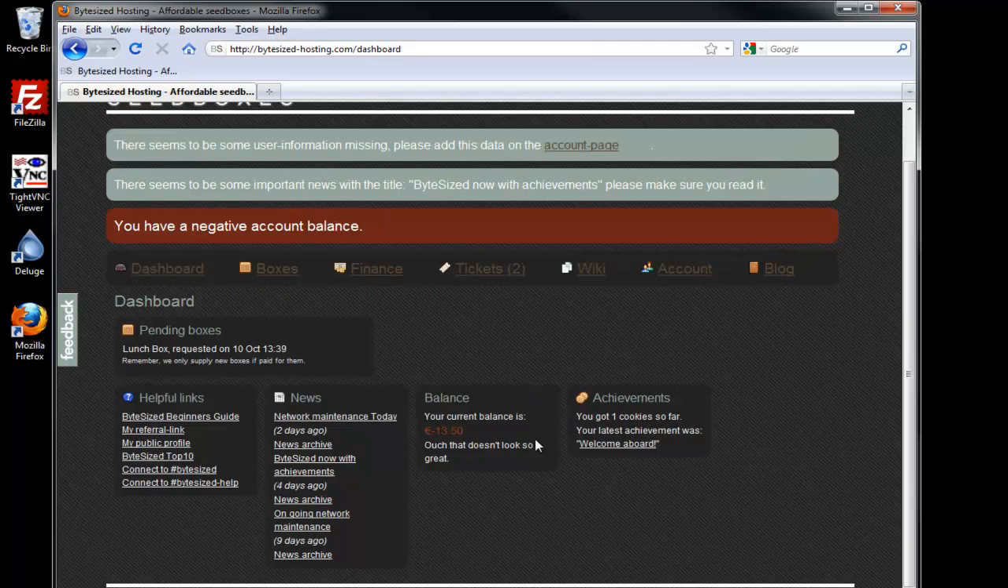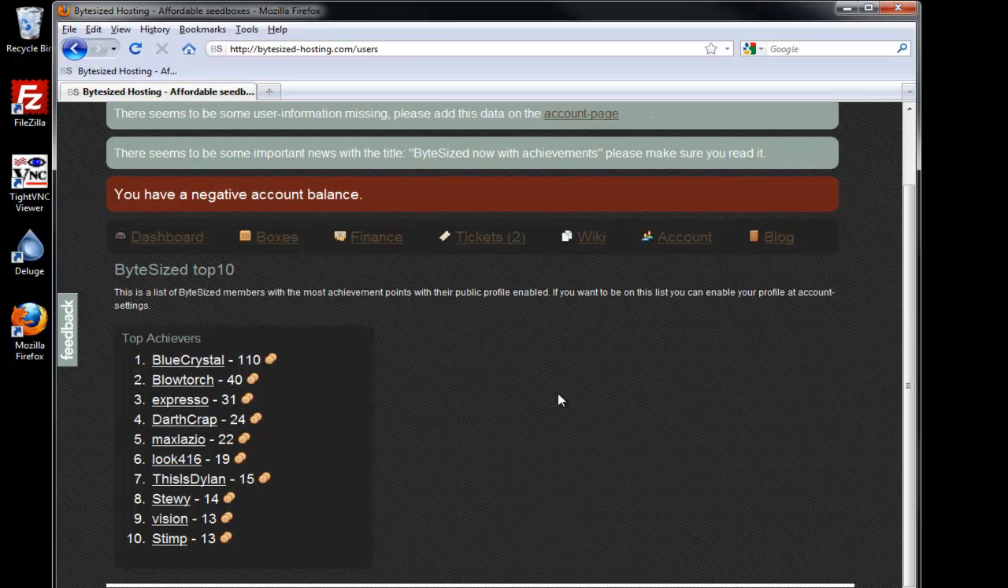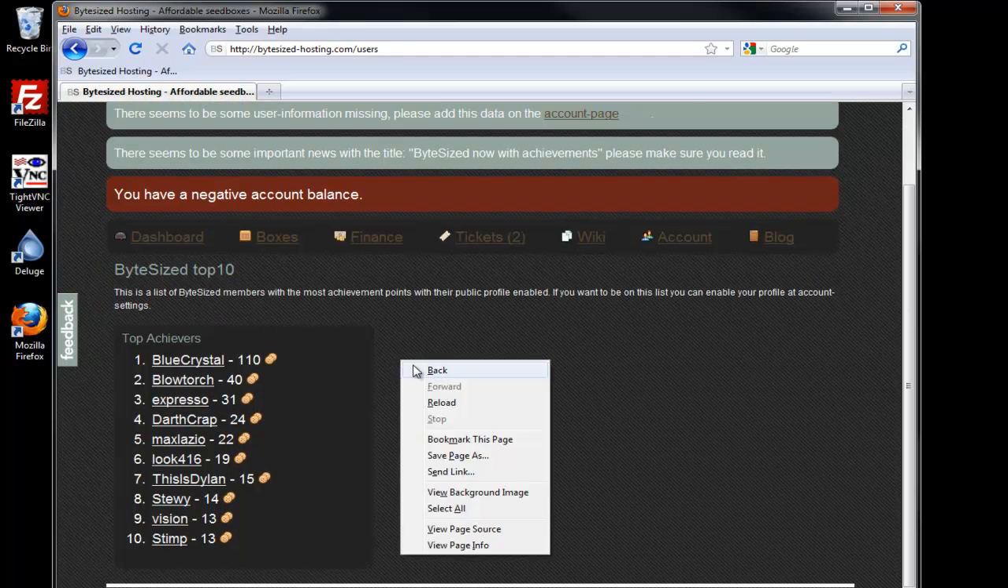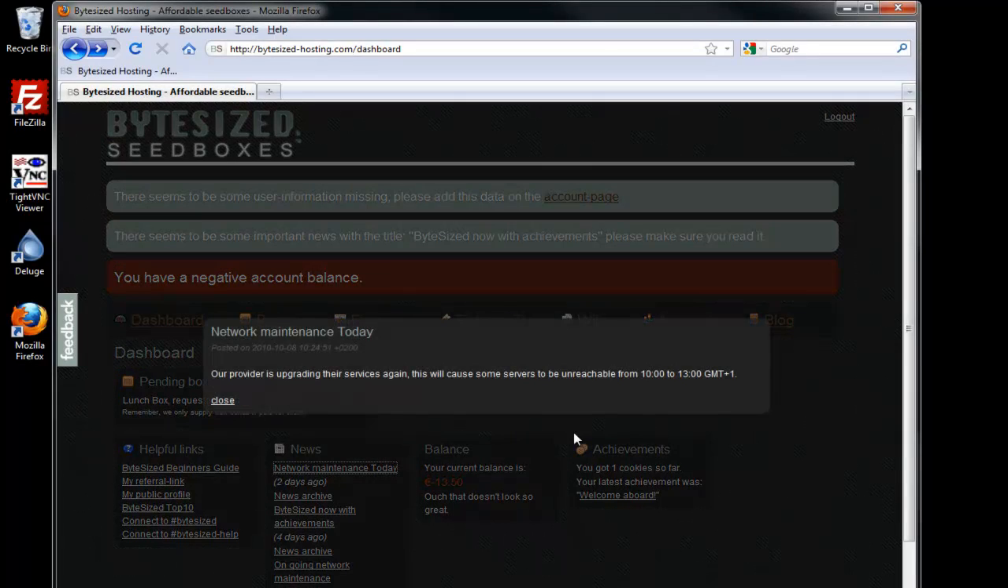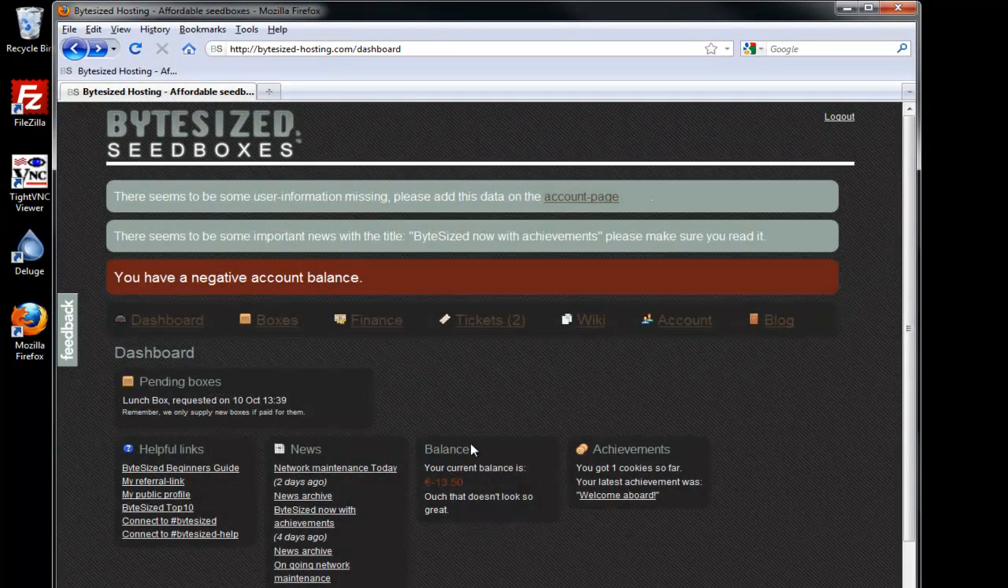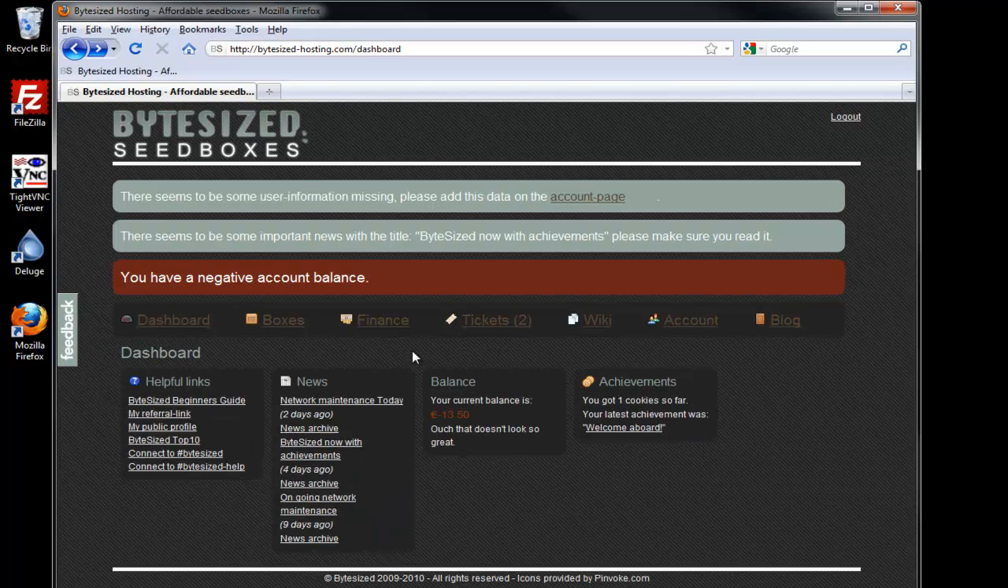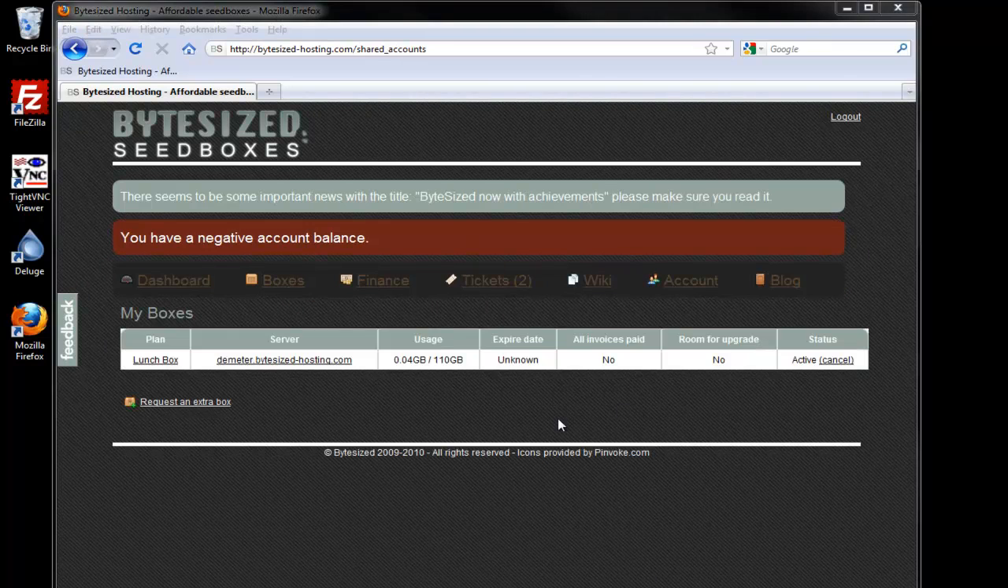Okay, in the meantime, let me run through the quick items here. It begins with a helpful links list. This has some shortcuts to connect to our IRC support channel, to the Bytesized top 10, the most useful members we have, some news items, and in the meantime, let's see, has my box been released yet. Okay, so I've got my lunchbox. It's set up on Demeter,